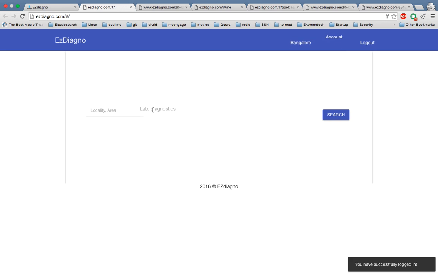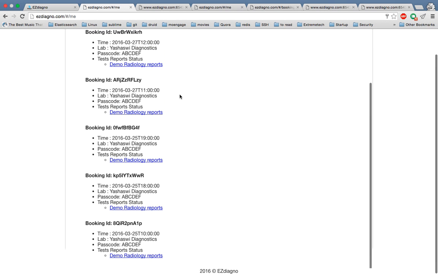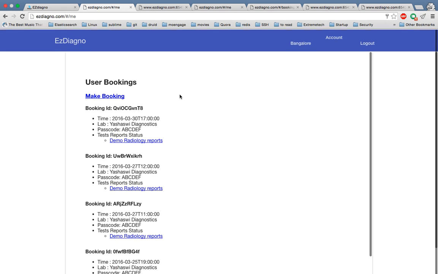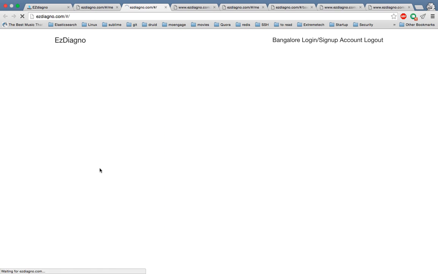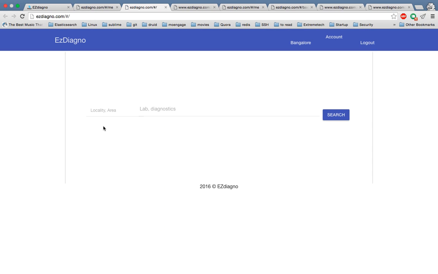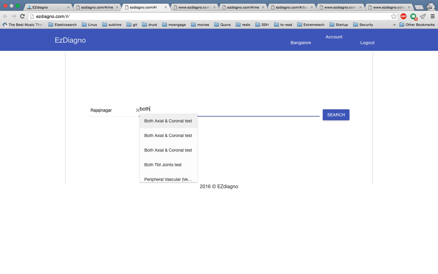So you can do a booking through this search page. These are the current bookings, which are pre-populated. Let me start with booking. We are currently targeting only one user and one lab. The corresponding lab is present in a locality known as Rajajinagar, and one of the tests that lab provides is both axial and